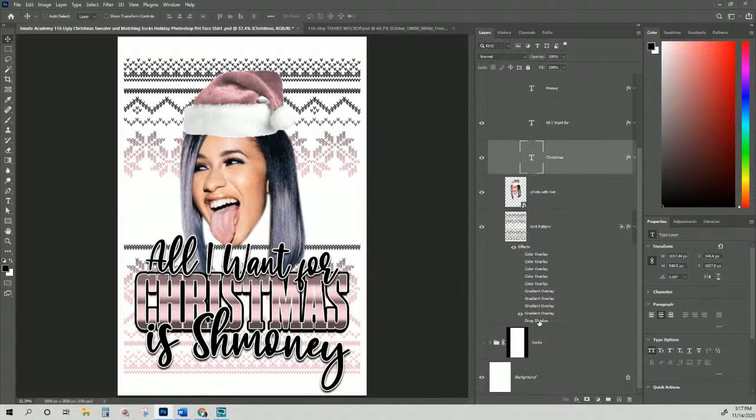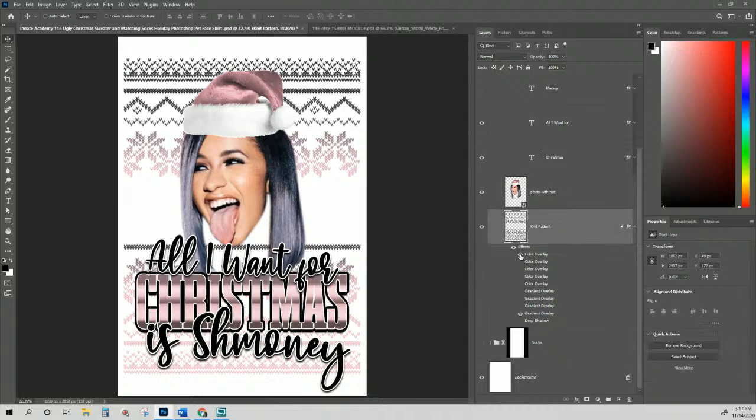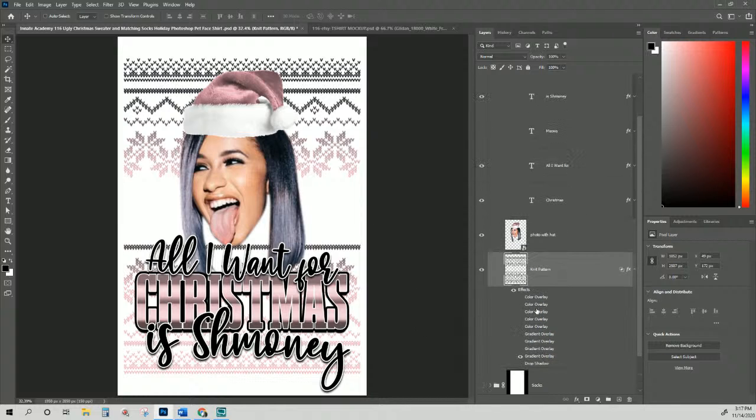And like I said, there are some things you can do. Oh, I actually want to take that drop shadow off. You can change the colors. You can do a gradient. But what's most important is whenever you get this knit pattern, however you like it,